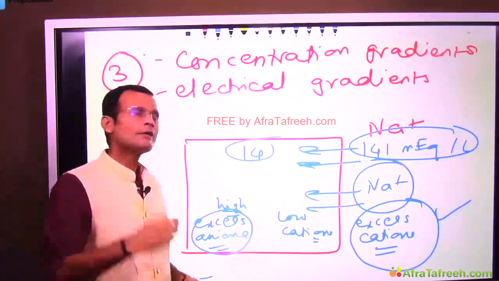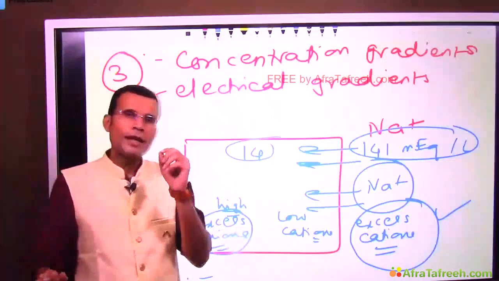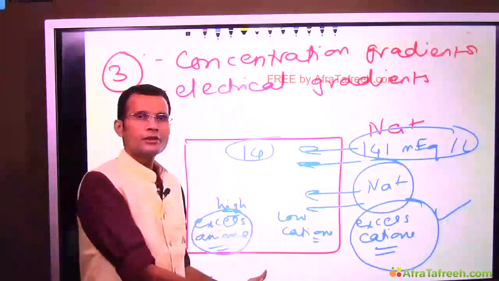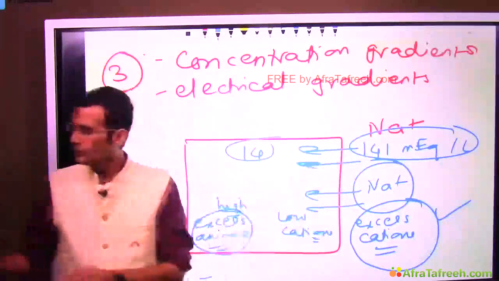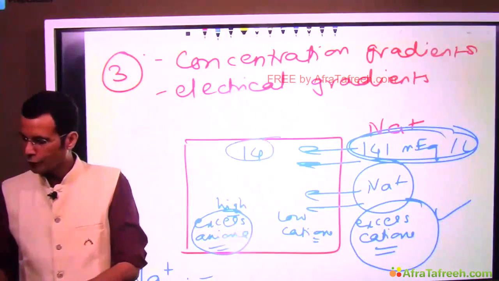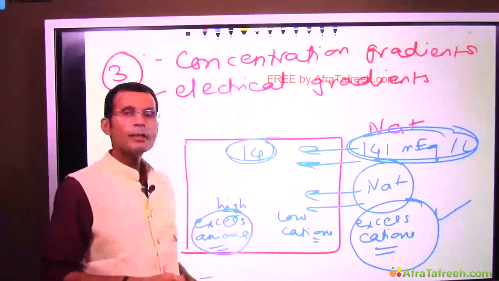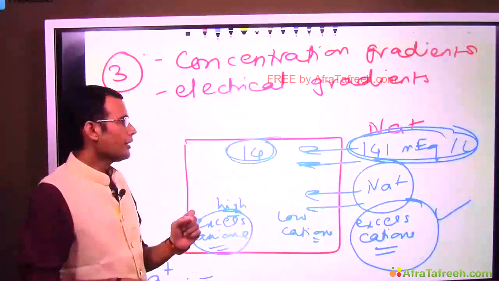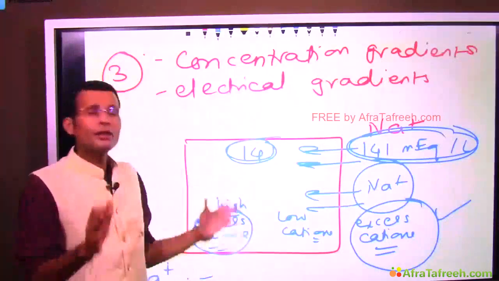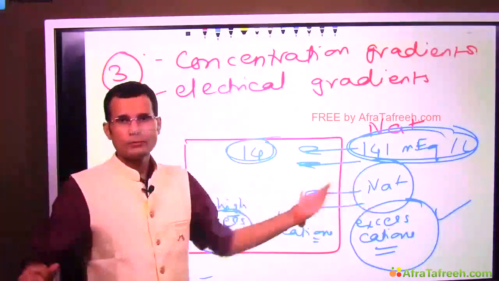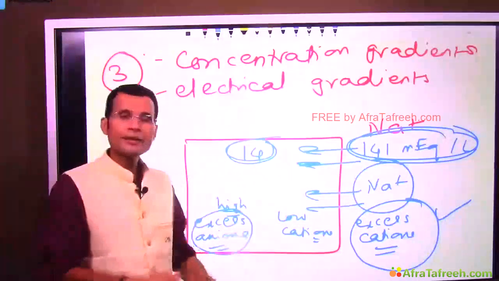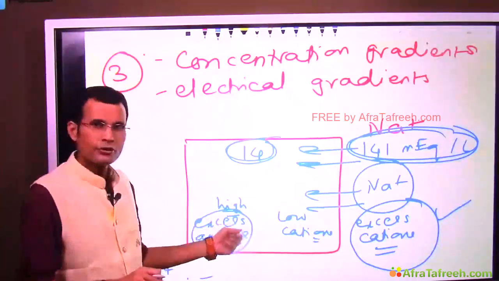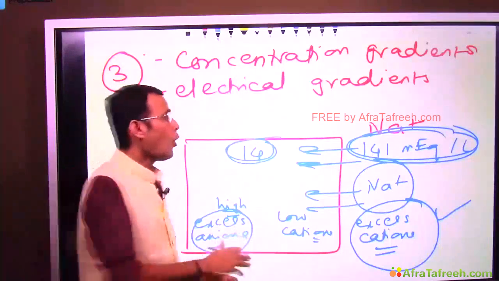I stretch it a little further, and my point is, when I say concentration gradient, I mean the concentrations of that particular ion. Sodium 141 milliequivalents on the outside and 14 on the inside. So concentration gradient means concentrations of that particular ion. And when I say electrical gradient, it is created by all the cations and anions in those two compartments. Electrical gradient, when I say excess cations on the outside and low cations on the inside and relatively high anions on the inside, it is created by all the cations and anions